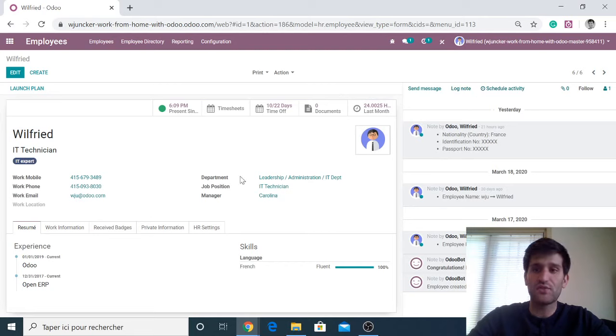Something you can see also on the right is what we call the chatter. And this will keep track of all the information that you modified in the different applications right there. And any update, you will be able to see in my chatter. So now I'm going to start